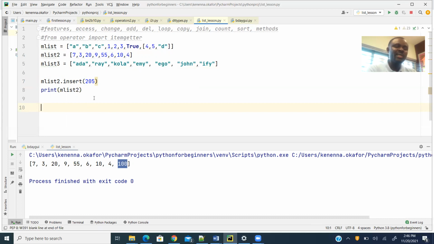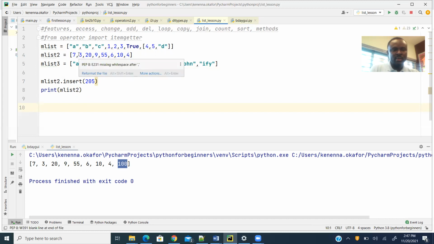So how do we use the insert method? For insert, instead of giving the value first, you provide the index where you want to add a value. So using insert, you have to give the index, at what position the value should be added. So if I want to add 205,